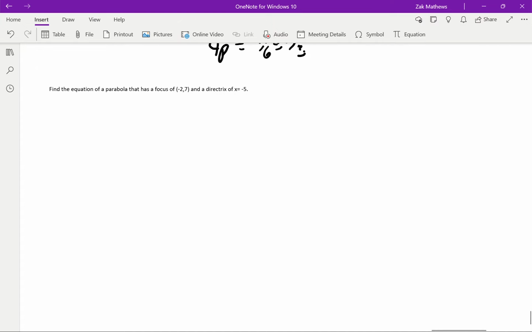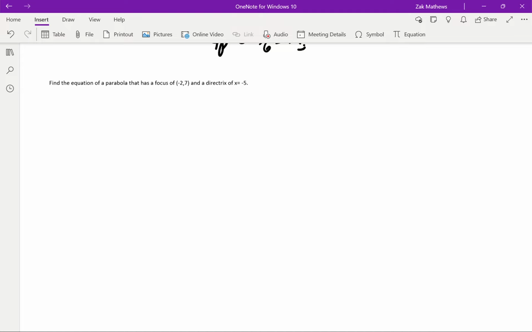Let's take one last example. Find the equation of a parabola that has a focus of -2, 7 and a directrix of -5. So -2, 1, 2, 3, 4, 5, 6, 7. And then a directrix at x equals -5. And so we know that the parabola has to contain its focus and also point away from its directrix. So it's going to have to open to the right. If it opened up, down, or left, it would have crossed over that directrix, so it has to open to